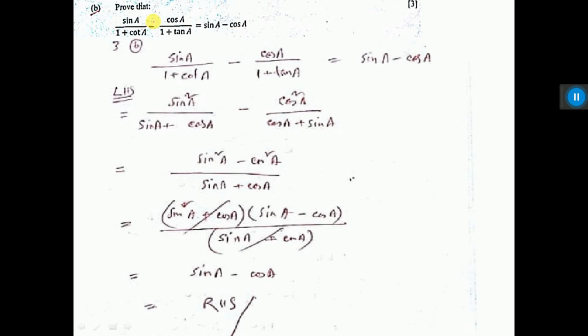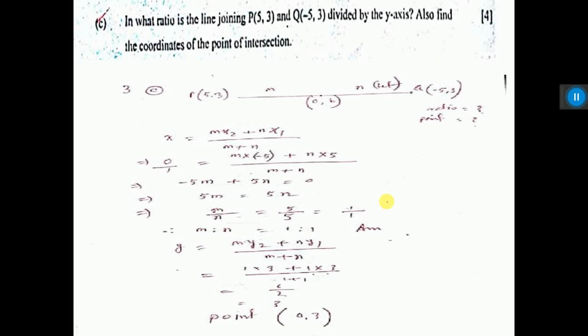Now see, this left hand side you take. Here cot means cos by sine, here cos by sine, then do LCM and sine will go up, it will be sine square. Tan means sine by cos, then do denominator LCM, this cos will go up, this line you get. Actually one line I jumped here. Then take LCM, then it will be sine square minus cos square. Then apply a square minus b square formula, a plus b into a minus b. This is cut, so the proof has come.